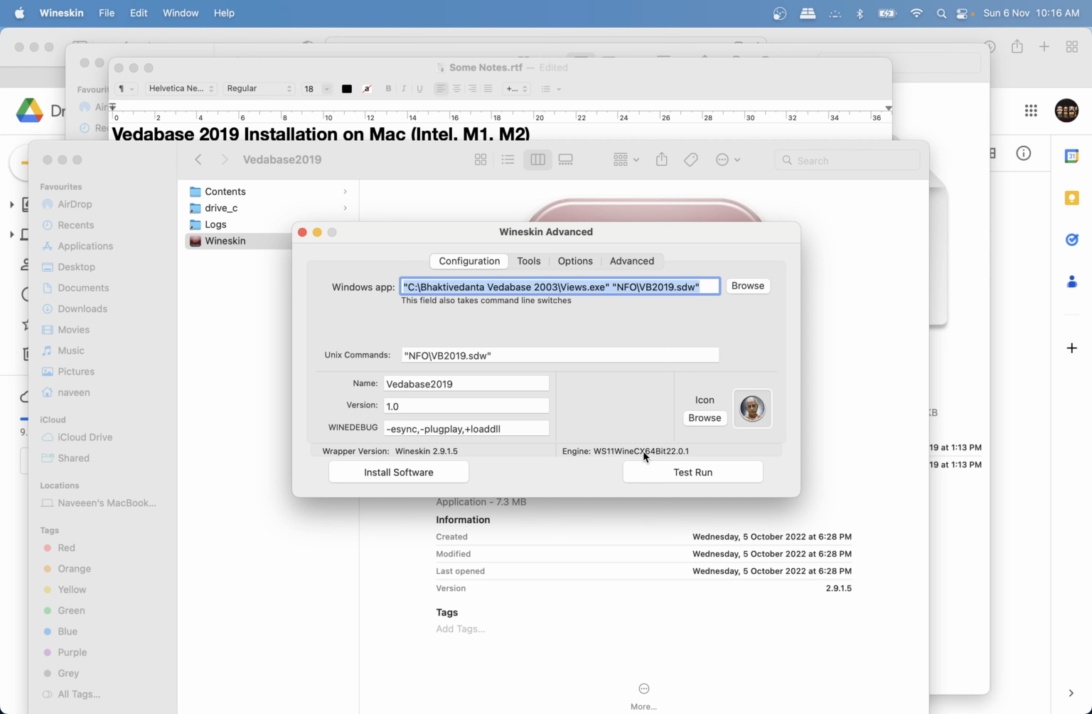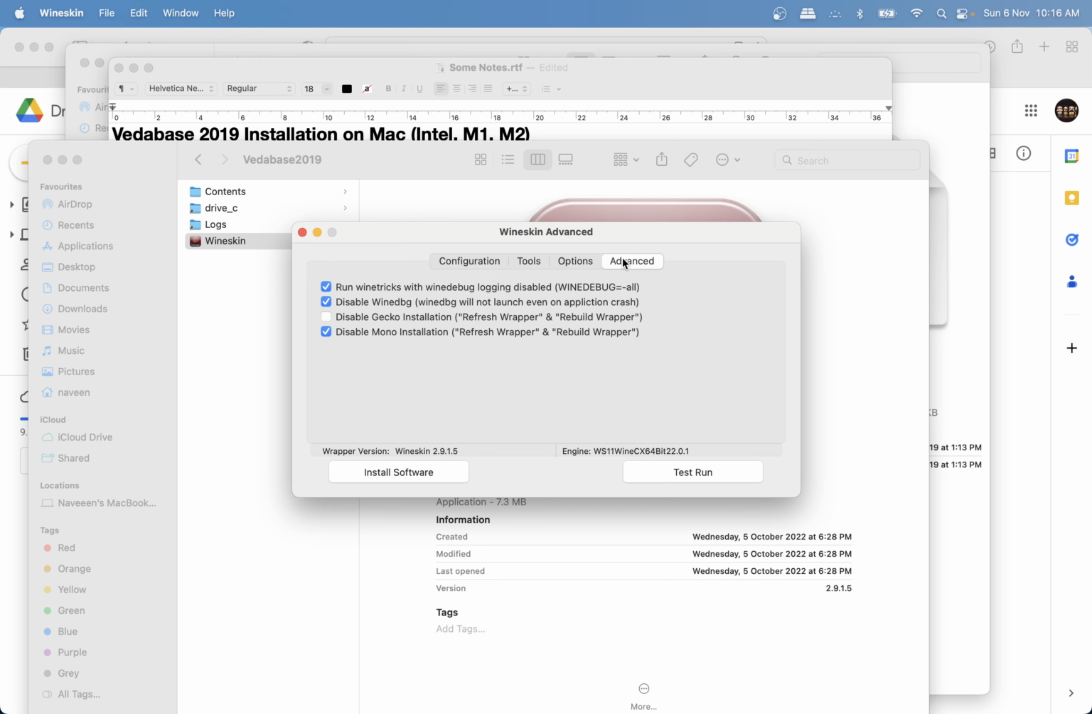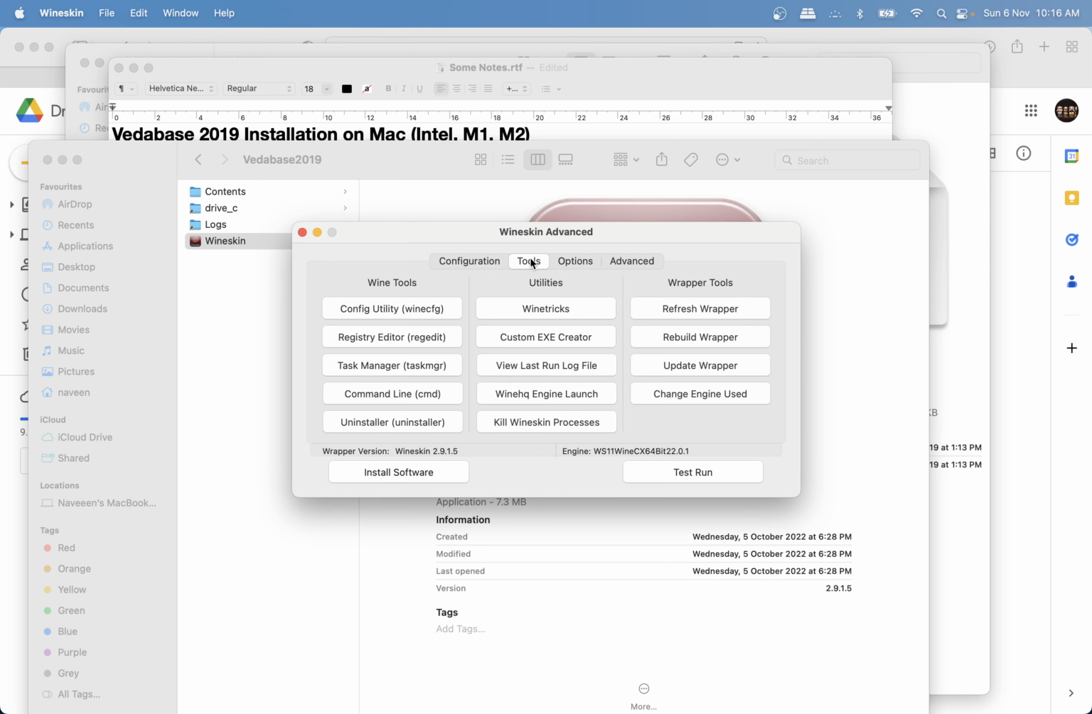Otherwise, you can always use this method, this WineSkin thing, and I was checking. Right now this engine is showing this and wrapper version is showing this, but I was seeing that if we go to the tools version, we can change the engine used also. And I'm not sure you can change the wrapper over here, but refresh wrapper, rebuild wrapper, update wrapper. So update wrapper and change engine used can be used to customize the same installation for other machines also,